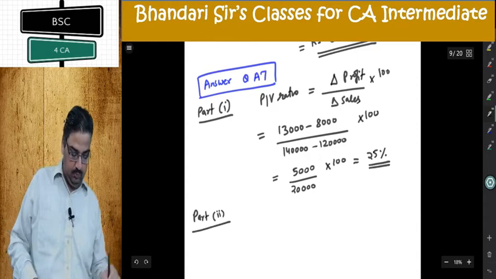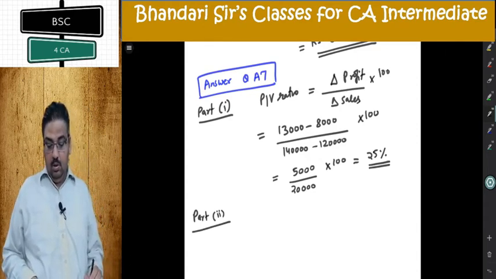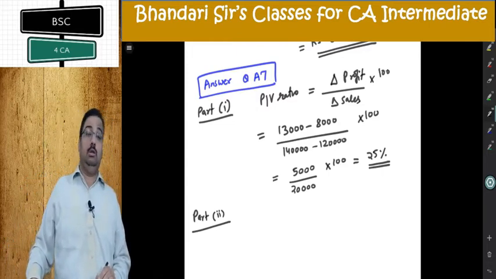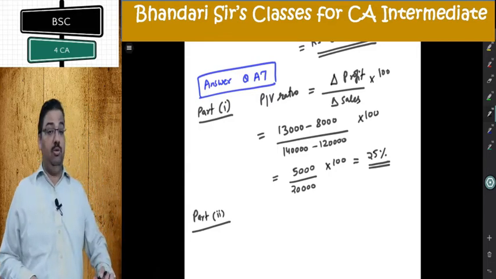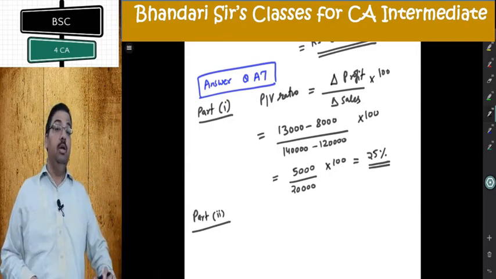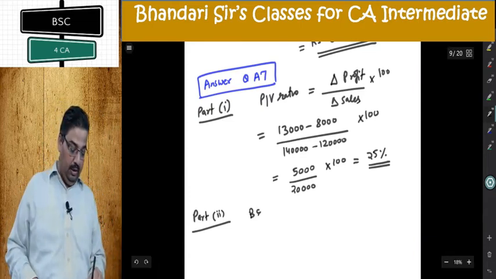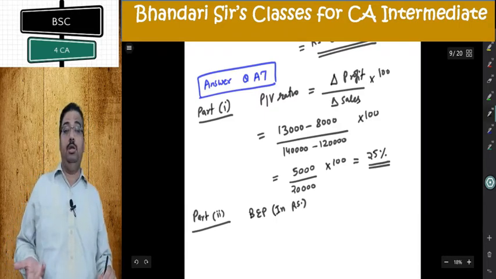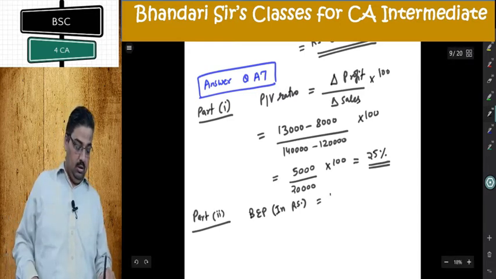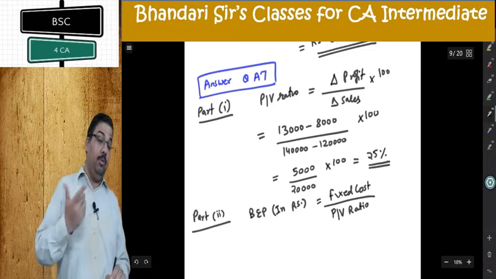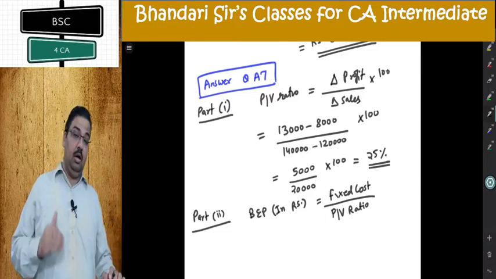Part 2. Now, break-even point, first thing you need there is fixed cost. And you cannot compute in units, you will have to compute in rupees because again same problem, units or per unit data is unknown in the question. So, break-even point in rupees, he does not say rupees, but you don't have a choice, you can't compute in units. Fixed cost divide by PV ratio. PV ratio I have computed in part 1. I need to concentrate on fixed cost.